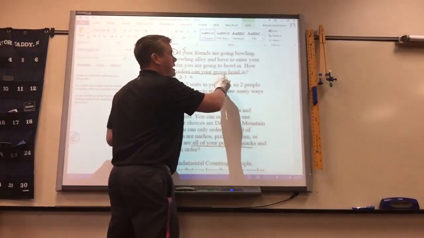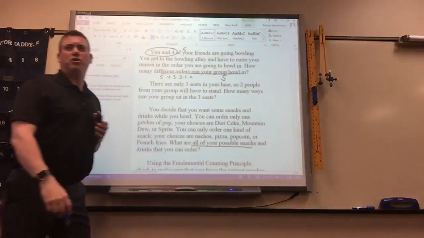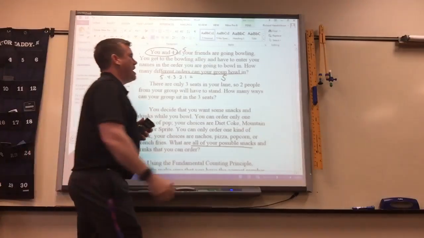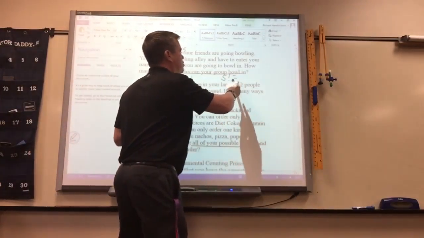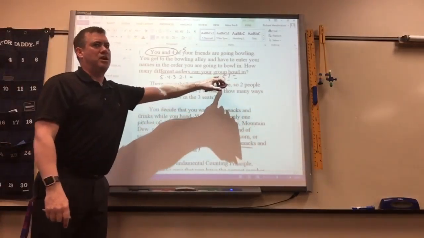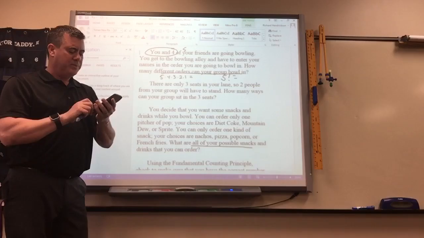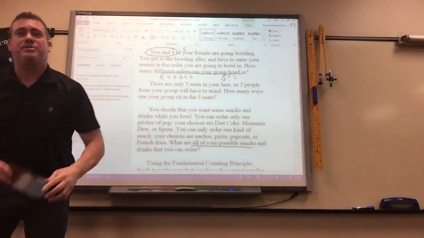Or the shorter way is, what's the shorter way? Yep, 5 factorial. So you can either show this way or this way. You get the same answer because remember the factorial just means you start at 5 and multiply all the way down to 1. So the factorial key on these calculators